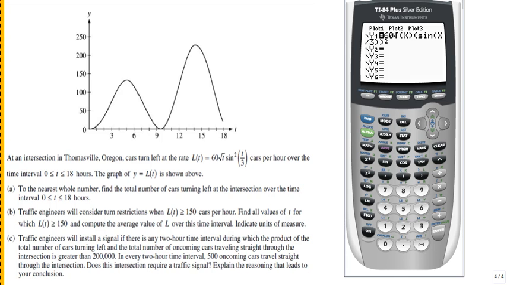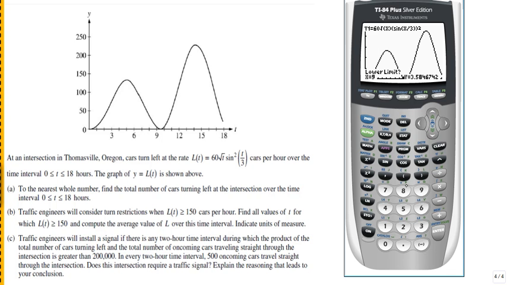So I go to Window, and I want to have my x values go from 0 to 18, as they are there, by ones, and my y values to go from 0 to 250 by 50s. When I do that, I should be able to get a reasonable replica of that function, and I do. So what I want to do is have the integral, so that's option 7, from 0 to 18 hours,